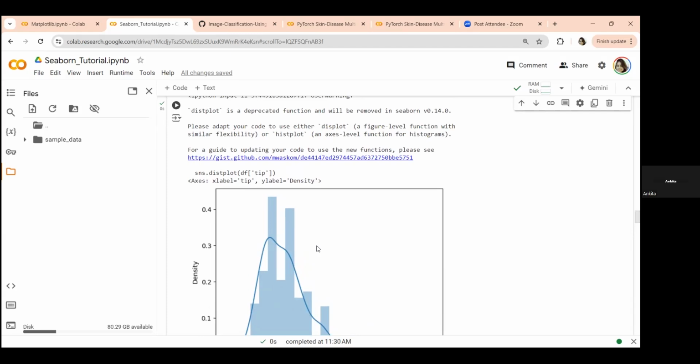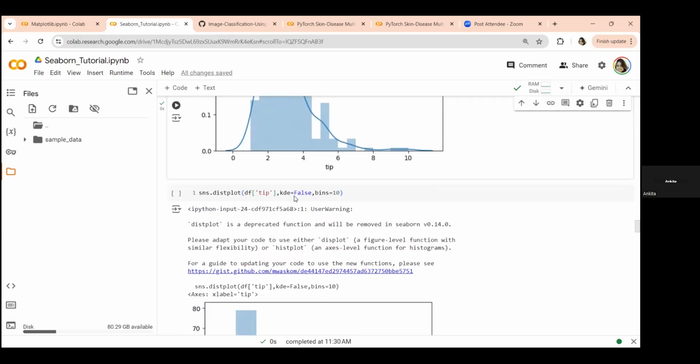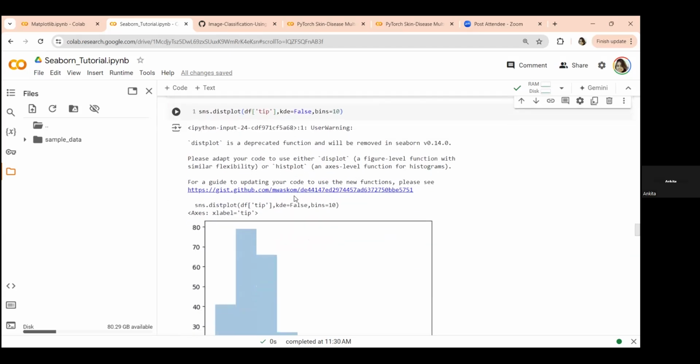and how much maximum tips are given to the student. So in this plot, you have an idea about that particular feature. The idea is about this. Okay. In the next command,